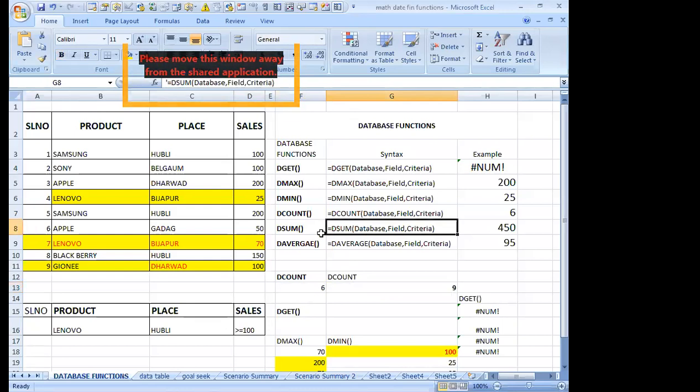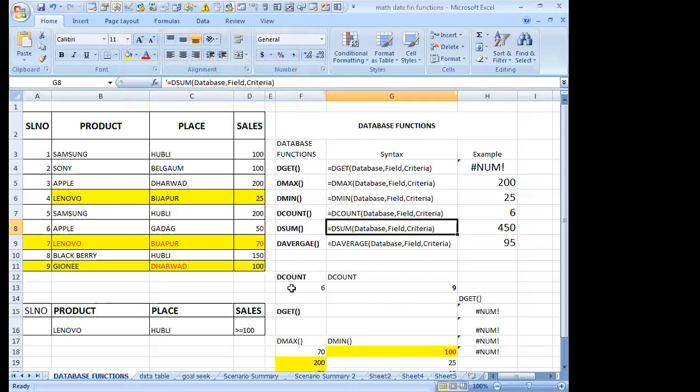Then what is DSUM? What is the next function? The DSUM function. In the DSUM function also, the syntax is database, field, criteria. So based on the condition in the criteria, it has to perform the sum of cells on the field. Whatever field we give, based on the criteria for that field, it should show us the sum. Only the SUM function performs the sum or addition of all the cells in the range of cells. SUMIF, we applied the SUMIF function.